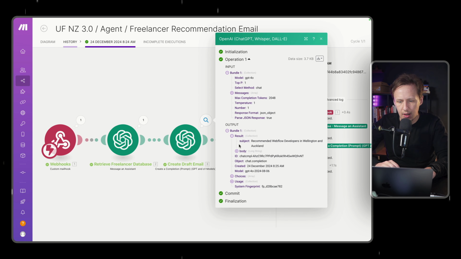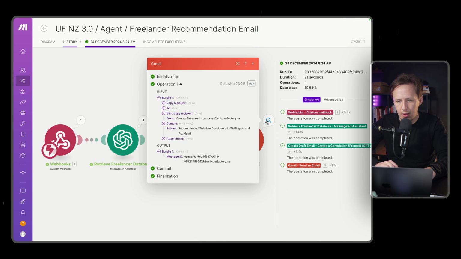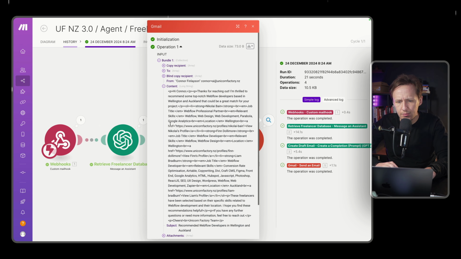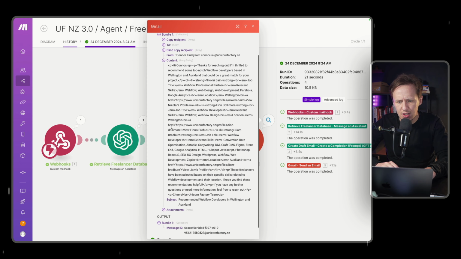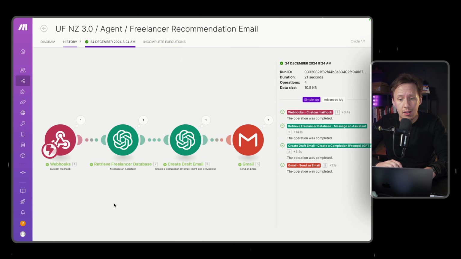So it would say something along the lines of, hey, here's a recommended Webflow developer, blah, blah, blah. And it will then write the HTML email, and then it will just save it in your draft folders. Okay, so it's in the HTML, so you can't see it, but essentially it's a really neat way for clients to basically be like, hey, tell me who you recommend as a designer with a background in hospitality. And so you can then basically get all the information from your knowledge base and come up with